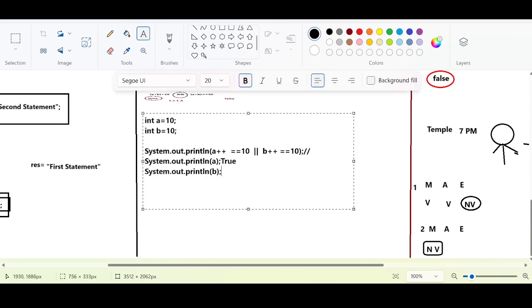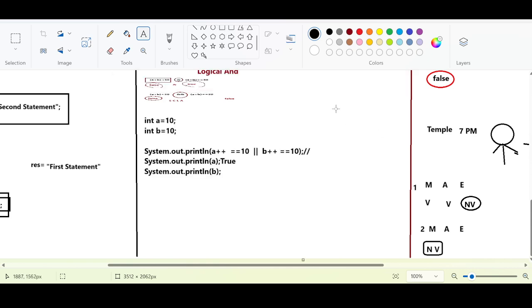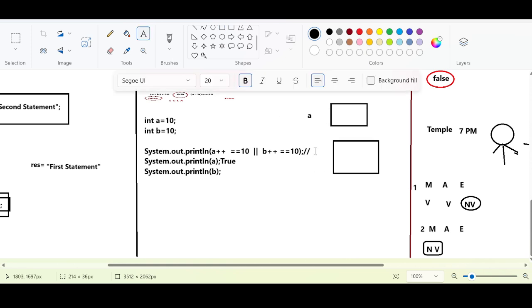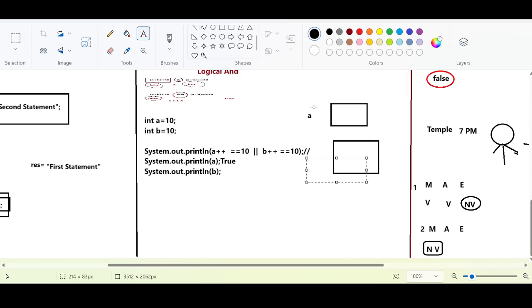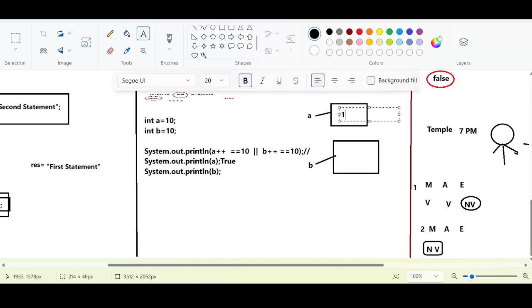Use this space. The main thread will get created, and there will be two memory spaces here. One is A and the second one is B. Value A and value B. Right, now we'll take this third line, system.out.println A plus plus equal to 10 or B plus plus equal to